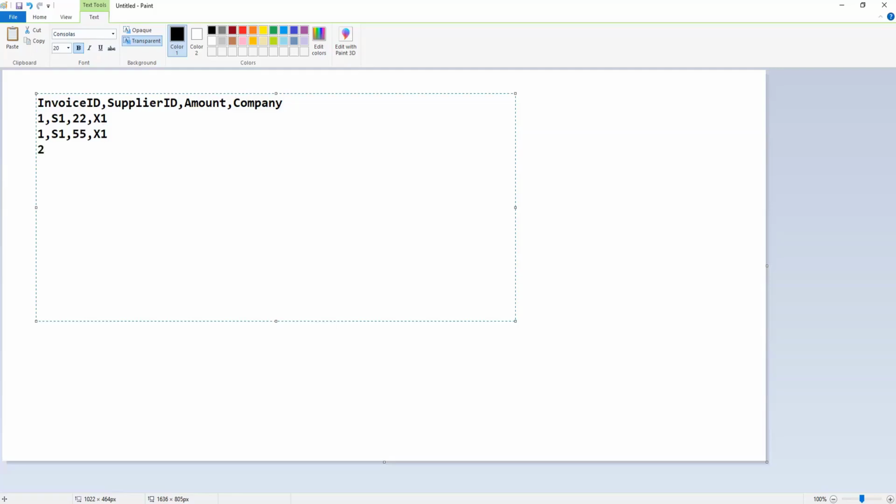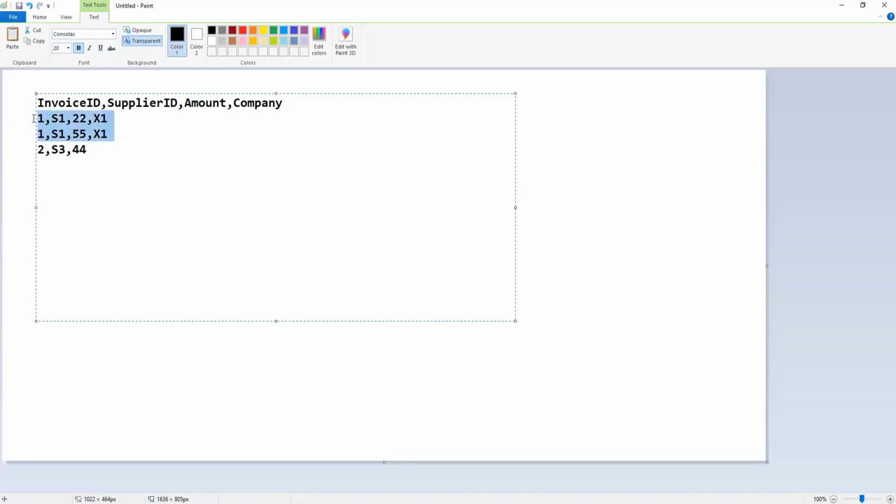And then say the next invoice is for supplier 3 and something like that. So when we load into Workday, this is one invoice because the invoice ID is the same. That means we have to club, group it all.